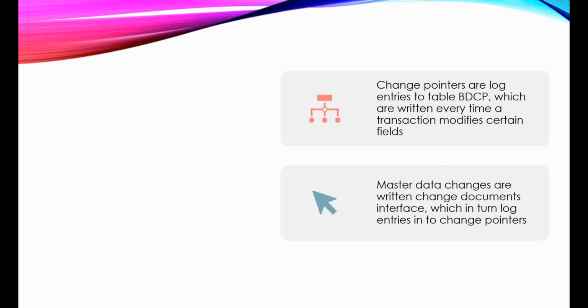We can create master data using the standard transaction codes, as well as we can change and display the master data. For each transaction, we have different transaction codes. For example, to create a material master, we have transaction MM01, to change the material master MM02, to display the material master MM03. Like that, for cost center also, we have different transaction codes. KS01 to create the cost center master data. KS02 is to change the cost center master data.